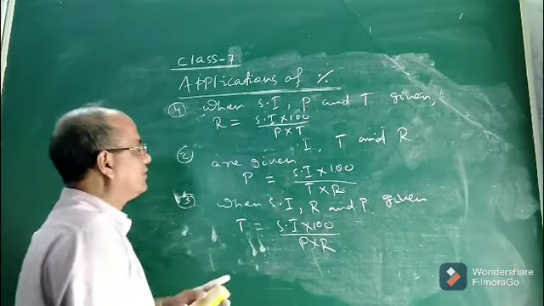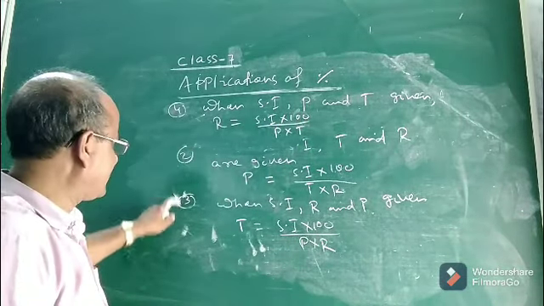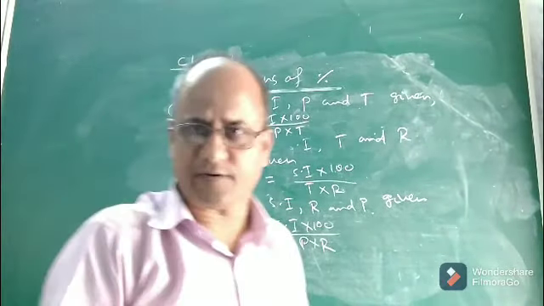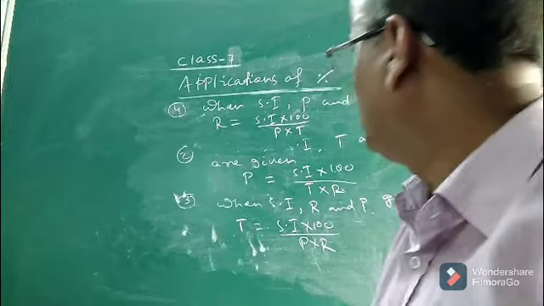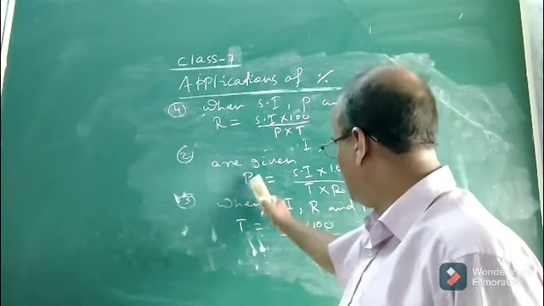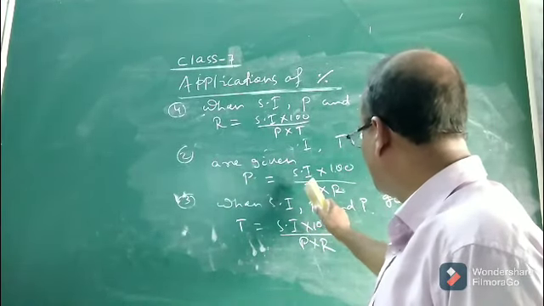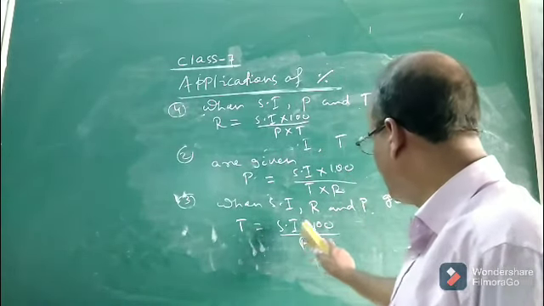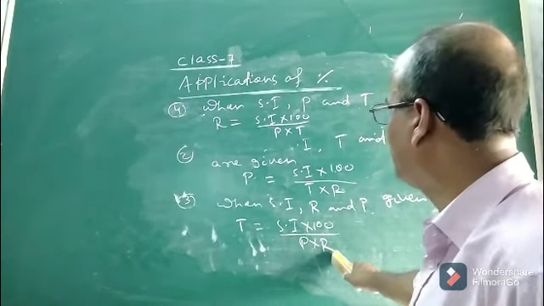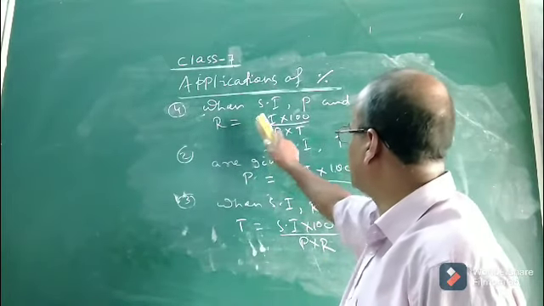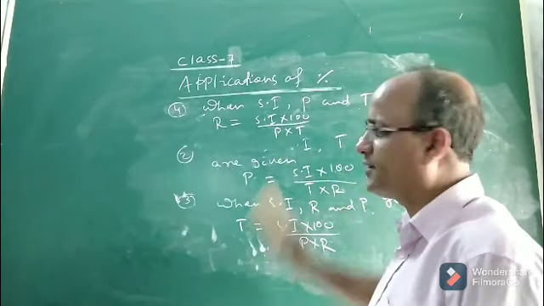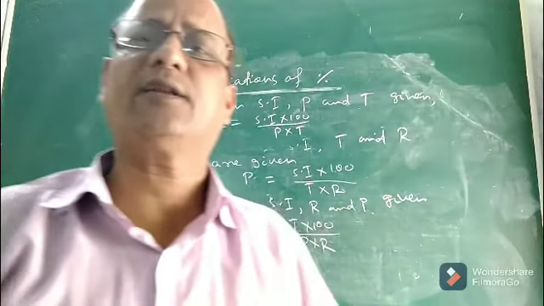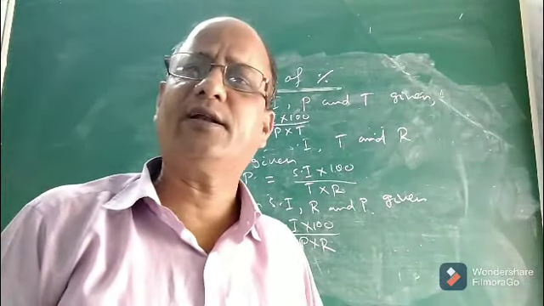So these are some extra formulas which we read in this class for the first time. How to calculate the principal when simple interest, time period and rate are given. How to calculate time period when simple interest, principal and rate of interest are given. Then how to calculate rate of interest when simple interest, principal and time period are given. Okay. So these are the things which we read for the first time in class 7. Please remember it. Okay children.